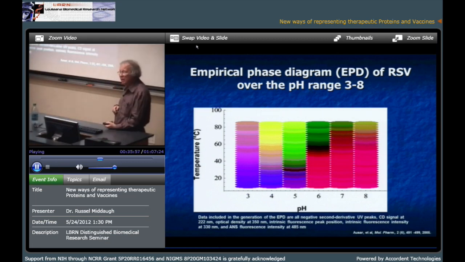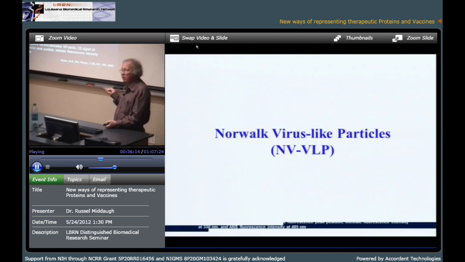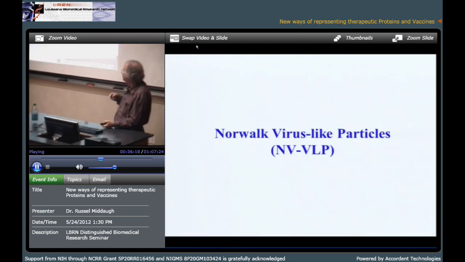Here's a phase diagram, though. All right? Now, hopefully, I'll have time to come back and show you how this phase diagram was used to develop a formulation. This thing's not very stable, as you can see. But we were able to dramatically stabilize it by picking conditions from this and doing high-throughput screening of small compounds and finding stabilizers. And if I have time, I'll get to that and show that to you.